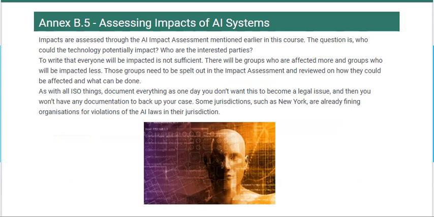Annex B.5 Assessing Impacts of AI Systems. Impacts are assessed through the AI impact assessment mentioned earlier in this course. The question is, who could the technology potentially impact? Who are the interested parties? To write that everyone will be impacted is not sufficient. There will be groups who are affected more and groups who will be impacted less. Those groups need to be spelt out in the impact assessment